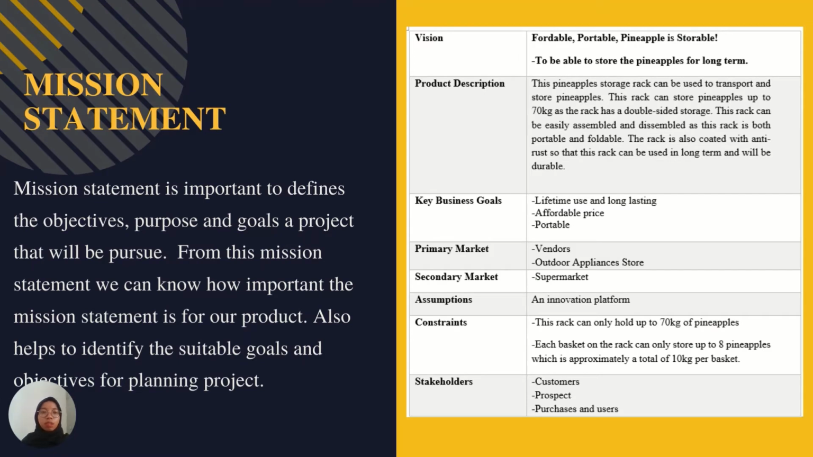This is our mission statement. The mission statement is important to define the objective, purpose and goal of a project that will be pursued. From this mission statement, we can know how important it is for our project. It also helps to identify the suitable goal and objective for planning the project. From the mission statement, we put a vision, product description, key business goal, primary market, secondary market, assumption, constraint, and